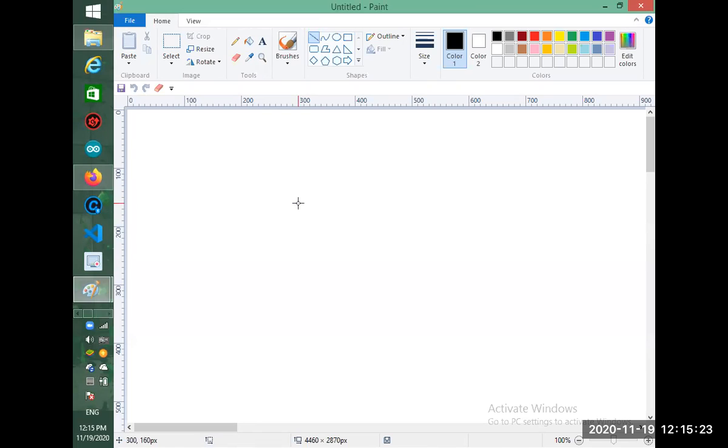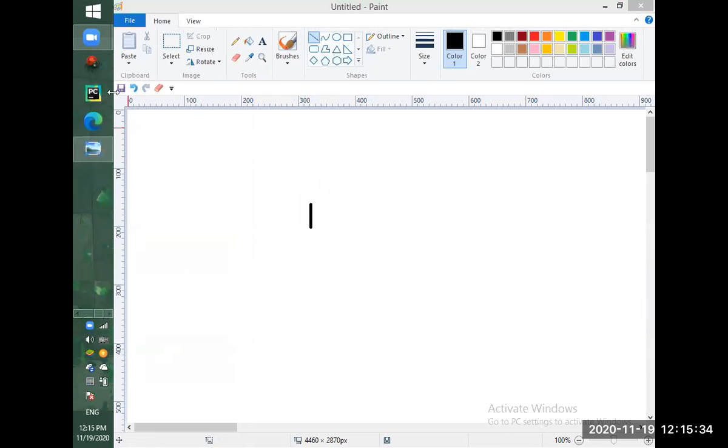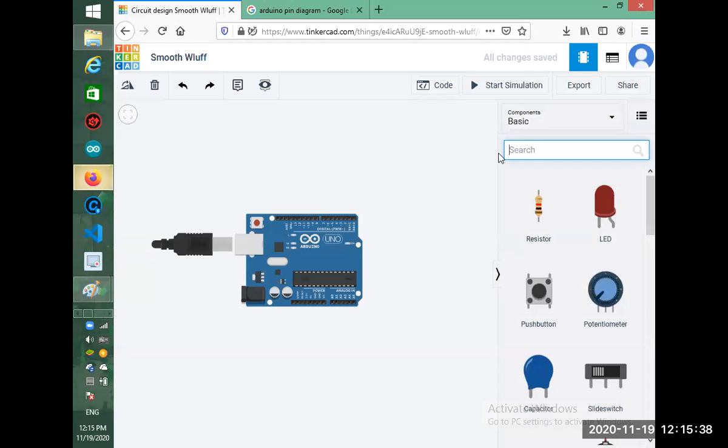So how does this LED work? An LED has a simple function. That's how an LED looks like. Just Google it for more specifics. So this is how an LED looks like. Here there is an anode and a cathode. Anode means the positive terminal. Cathode means the negative terminal.